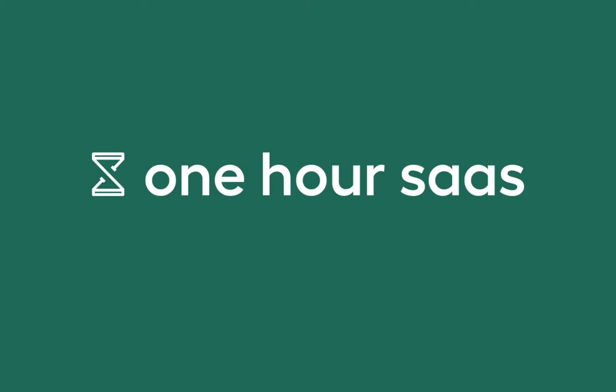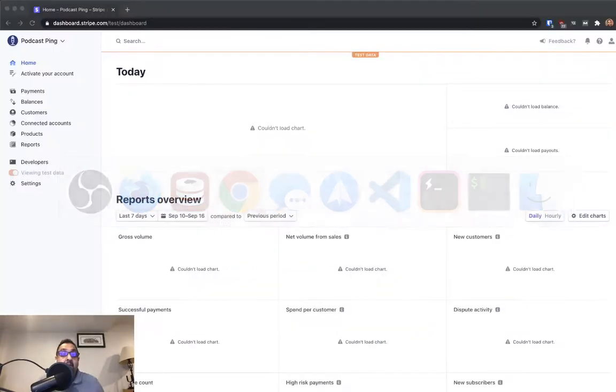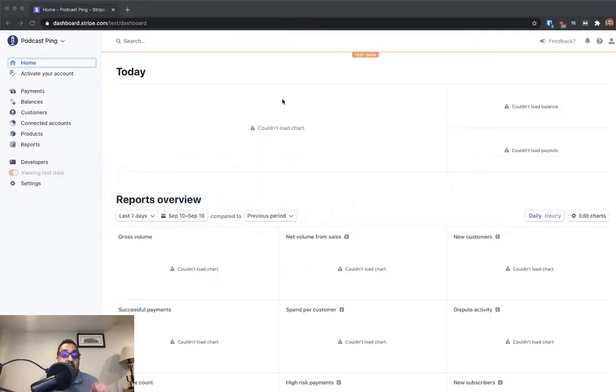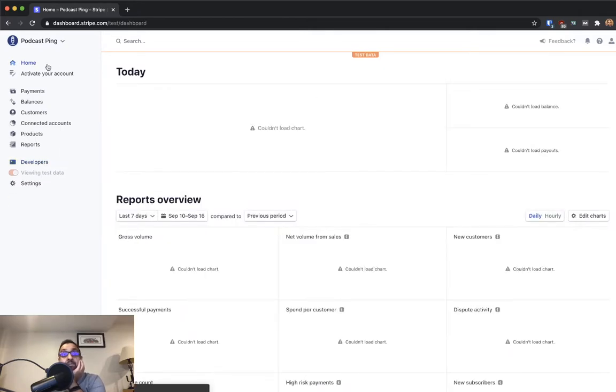So I went into Stripe, into the developer area, and it said, delete all of the test info, right? And I did that, and then it refreshed the page, and now